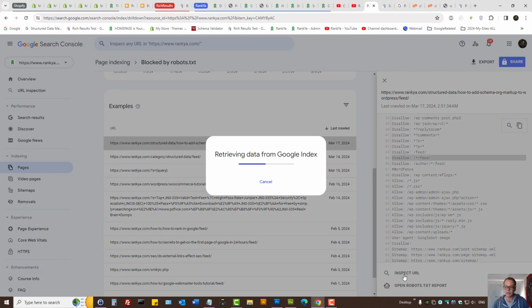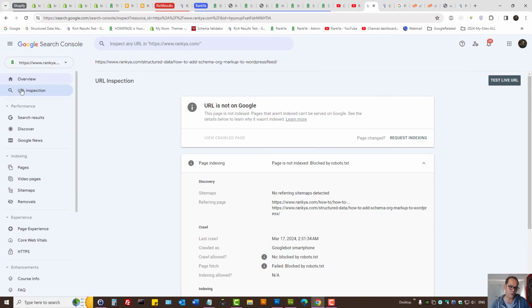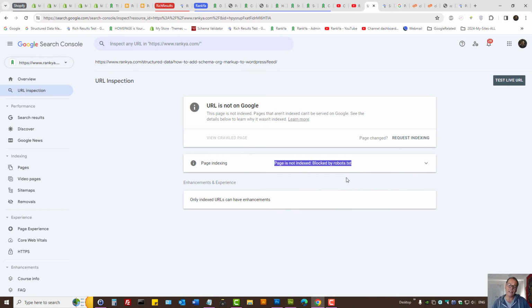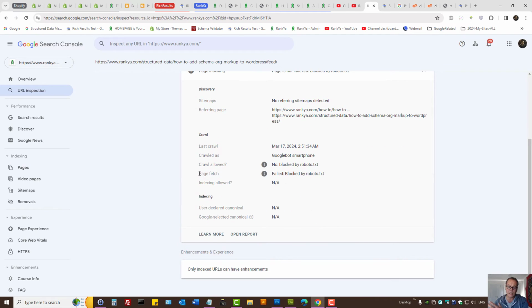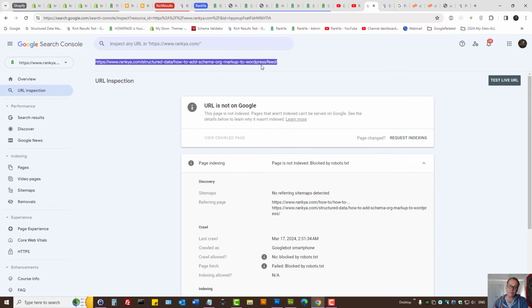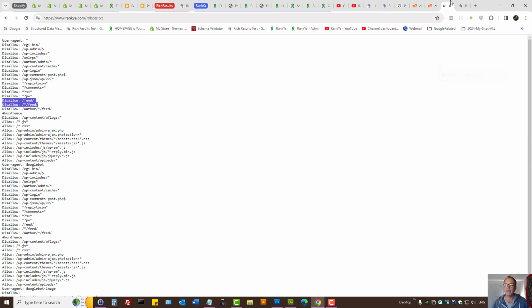Now let's inspect the URL by using the inspection tool. And here it's saying the page is not indexed because it's blocked by robots.txt, and we now know what that is on our website. Here Google cannot fetch the problem URL because it's blocked by robots.txt. As I've said, to fix it, simply either remove the rule,